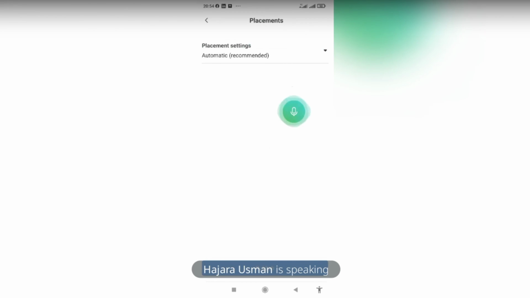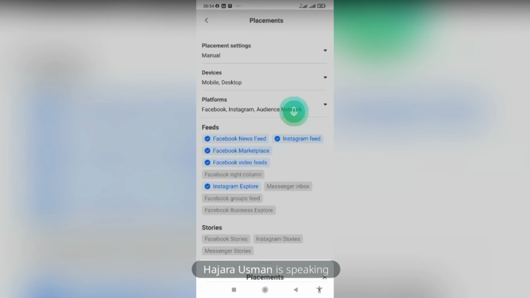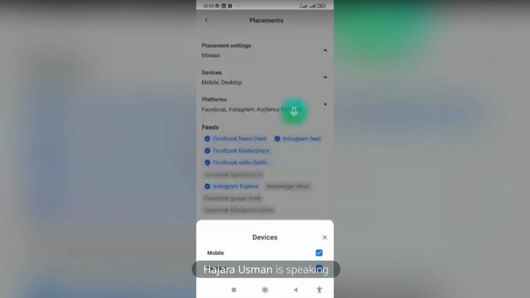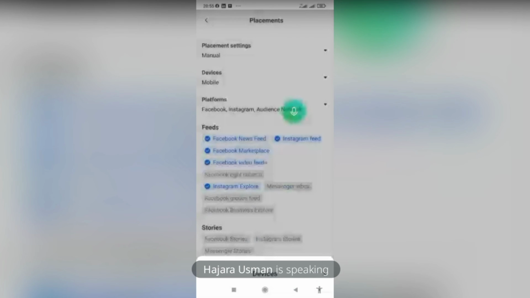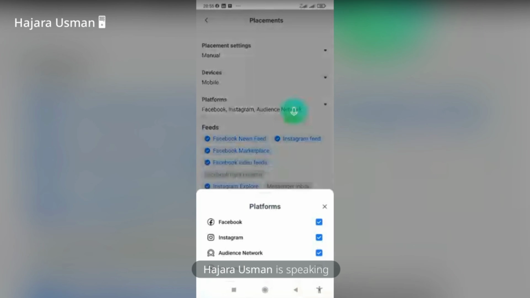So you can see they say placement settings is automatic. I don't want it to be automatic because it will just waste my money anyhow. So I'm going to click on manual, and then I'll choose the only places I want my ad to be shown. So here I want it to be only on mobile devices. I'll put off the desktop. That's one. Two, I want